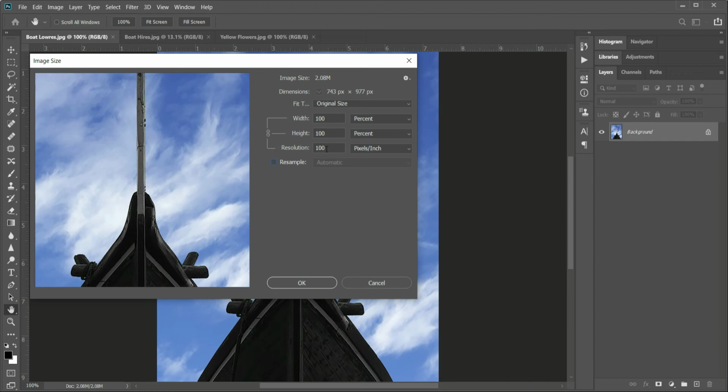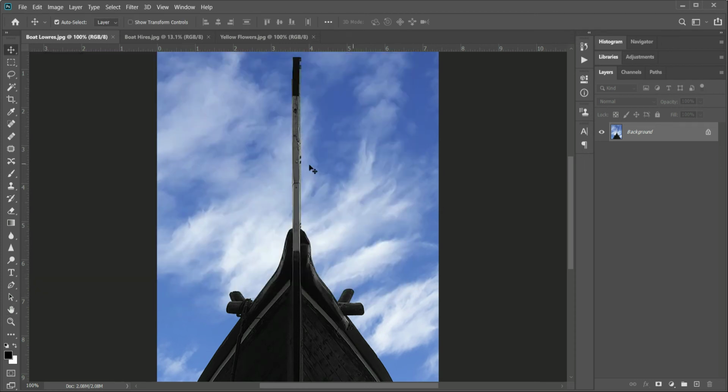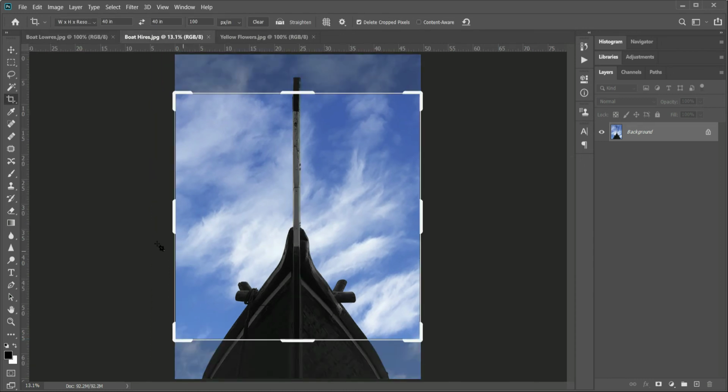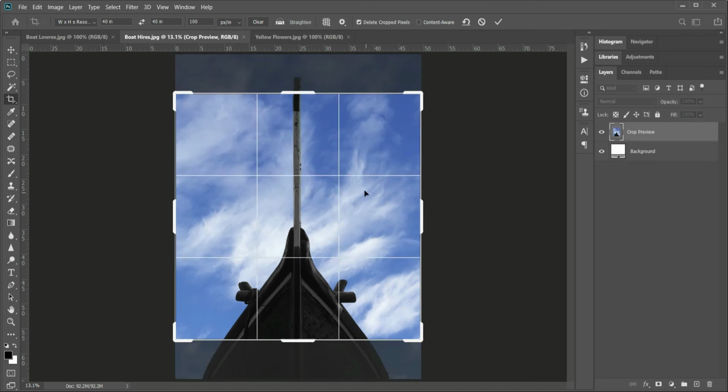For the sake of easy mathematics, let's change the dimension of the pictures as below. I use the crop tool, tap the C key to get the crop tool, and note the measurements are in inches, and when I choose the option width into height into resolution, I know the size of the picture is nearly 49 inches. So I'm cropping this to around the figure of 40 inches by 40 inches at 100 ppi resolution. And just for aesthetic appeal, I'm clicking and dragging the image down.